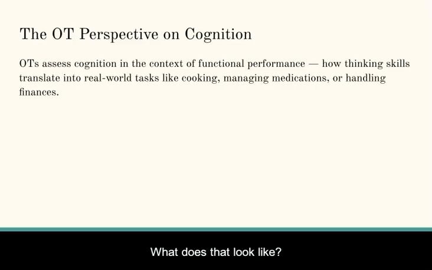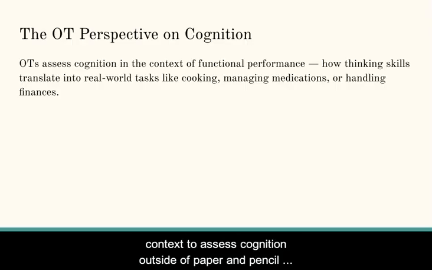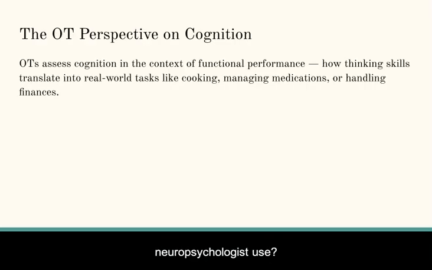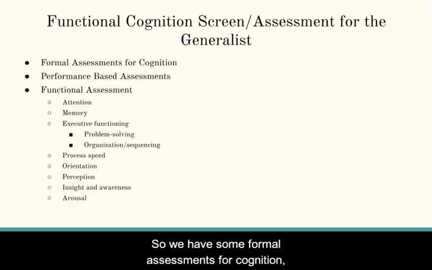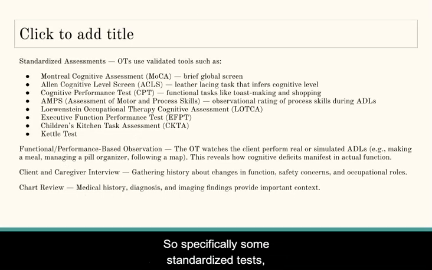What does that look like? How do we as OTs really focus in on that functional context to assess cognition outside of paper and pencil tasks that you might see a speech therapist or a neuropsychologist use? So we have some formal assessments for cognition, we have performance-based assessments for cognition, and we have that functional assessment for cognition. So specifically some standardized